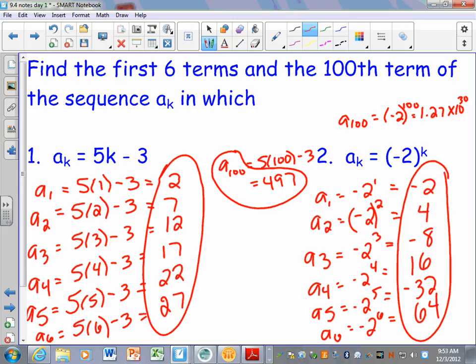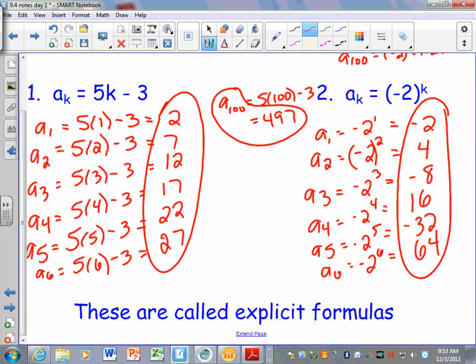It's a little vocab word for you here. We call these explicit formulas, meaning that you can find any term that you want by just plugging it in. Not all formulas are like that, which is where the next page goes, but if they give you the equation, you can find any term very easily. As opposed to the next page,